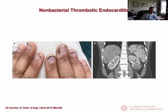This is fascinating as well. We talk about the physical findings associated with bacteria or with endocarditis, but we hardly ever believe them, and we rarely, if ever, see them so dramatically here. These are splinter hemorrhages that you see in this patient's fingertips. We're lucky if we get 1 or 2 splinter hemorrhages that we can see in somebody with endocarditis. It used to be a very telltale sign back before we caught endocarditis so early. But now we're more likely to see no physical findings that help us, and that's why the echo is so